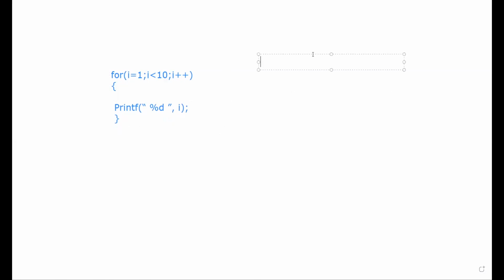First I will be initialized to 1 and this will happen only once. Then it will go to the second expression, that is I less than 10. So 1 obviously is less than 10, the condition is true. If the condition is true, then expression 3 will be evaluated.